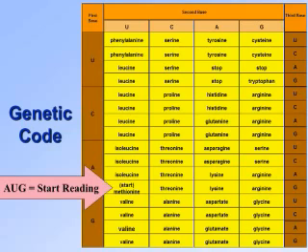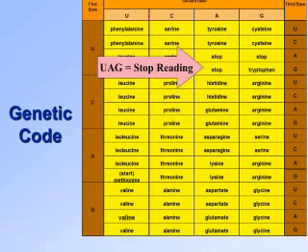Don't you need something to tell you to stop reading? Did you notice there are terminators up here? Well, it actually says stop. See it? There are 3 codes, this one, and this one, that say stop reading. So built in this code, there's a code that says start reading and go get me a methionine. Read. Then you get to UAA and it says stop reading. And in between those two is a string of amino acids which makes a protein.